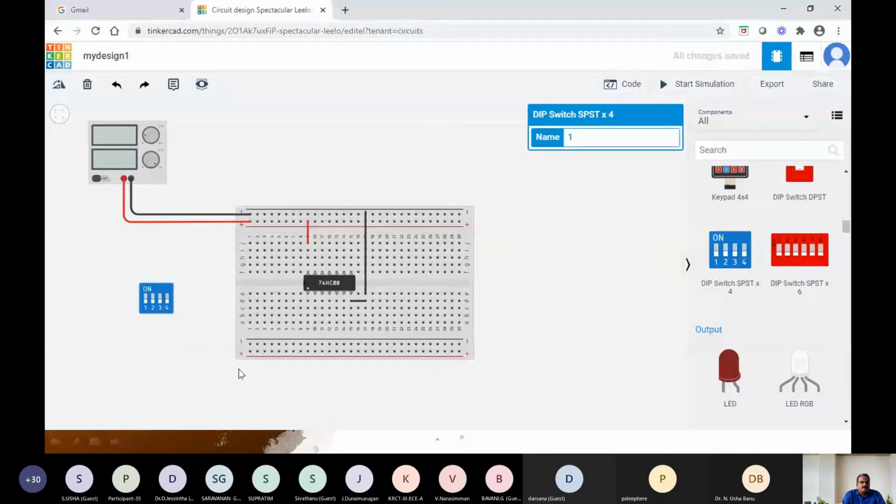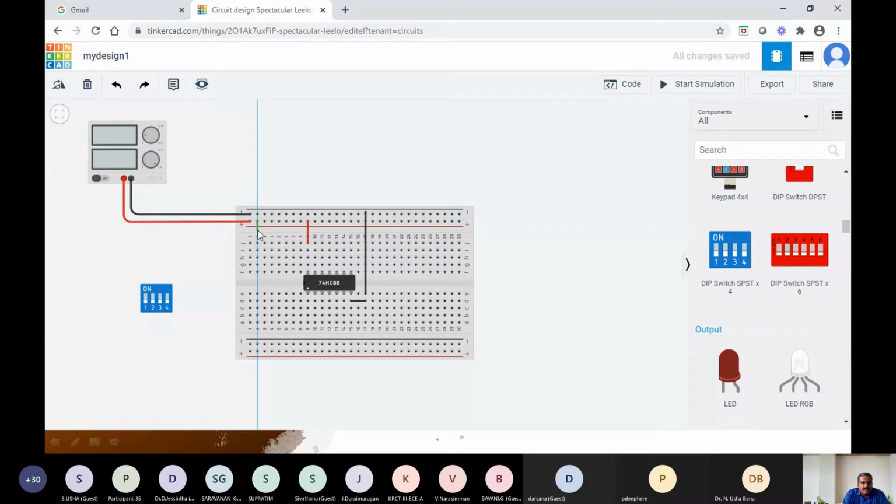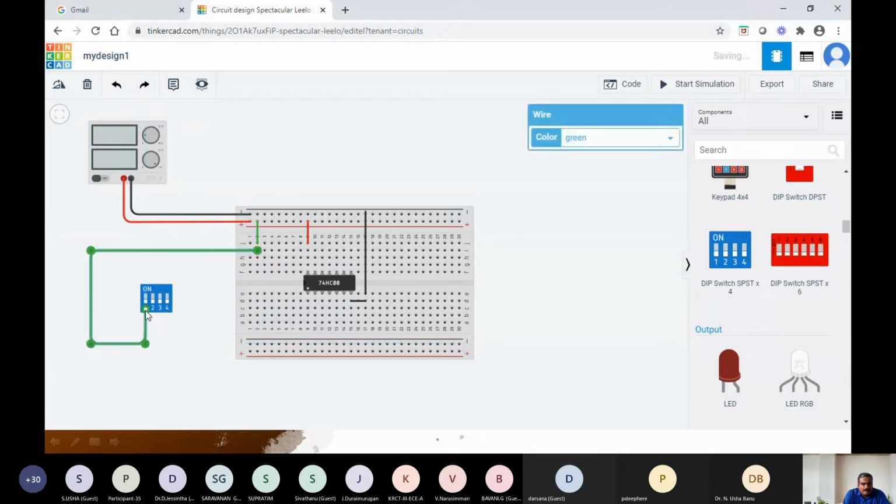Right. So what I will do, I will be taking the connection, just a minute. So from this power line, I am taking one connection, right? So from where I will be giving the input to 1A, right?